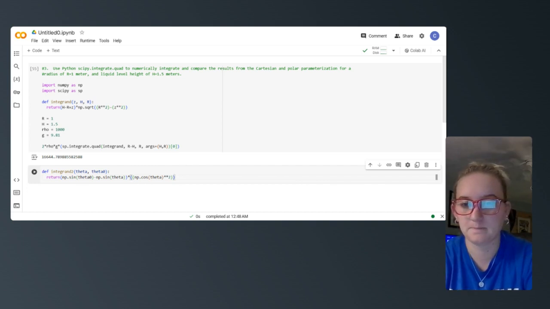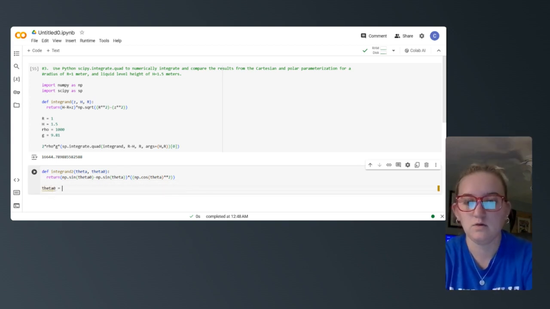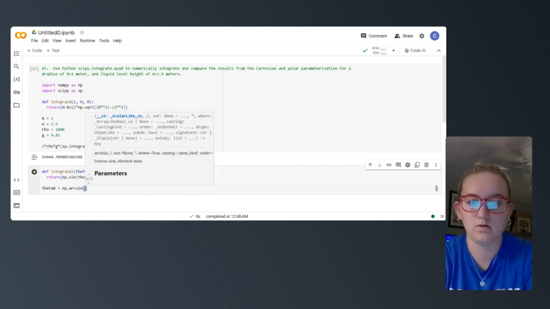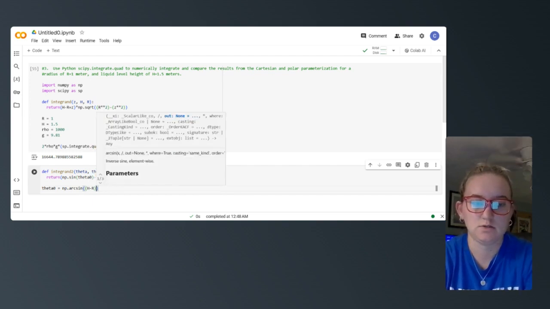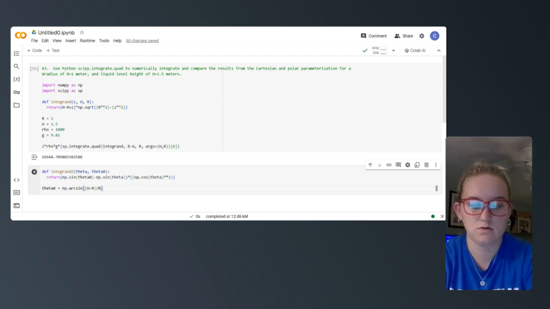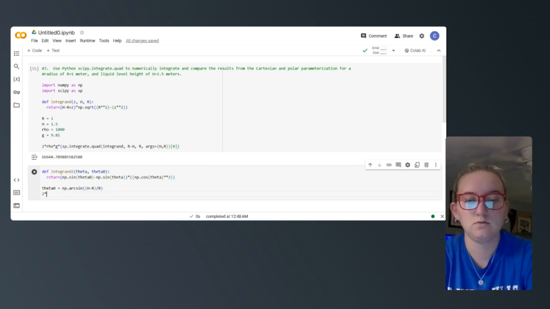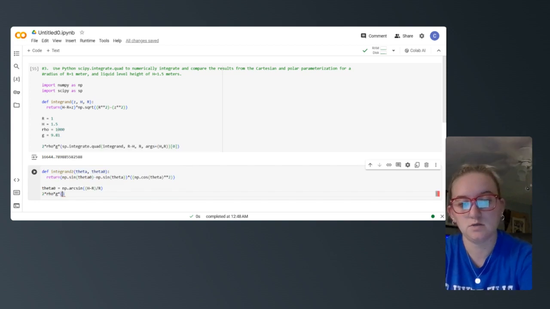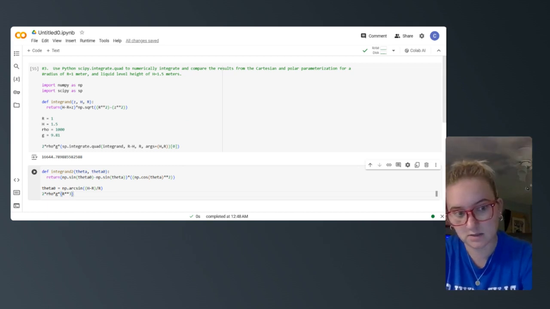And then we're going to have theta naught, which will be equal to arc sine of h minus r divided by r. And then we will also have that 2 times rho times g times r cubed, and then all of that times